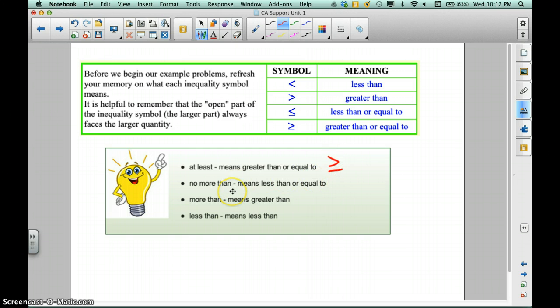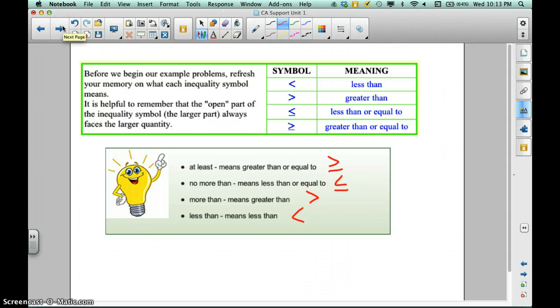If they use the term no more than in the sentence, it means less than or equal to. More than all by itself means greater than, and less than obviously means less than. So these again should be written down in your notes, and they will help you to translate the word problems